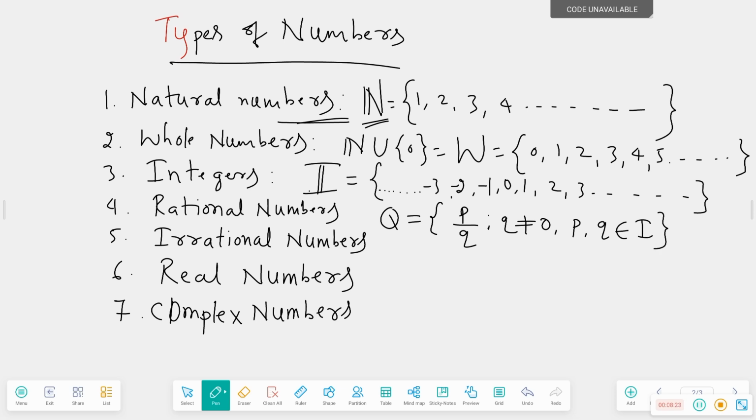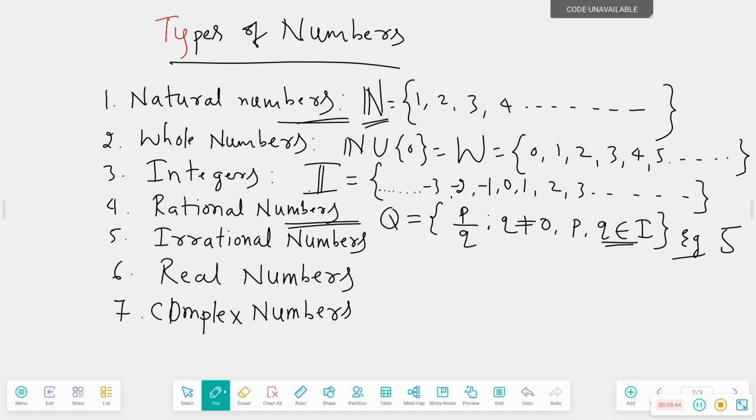These type of numbers are called rational numbers. See, for example, if you take an example